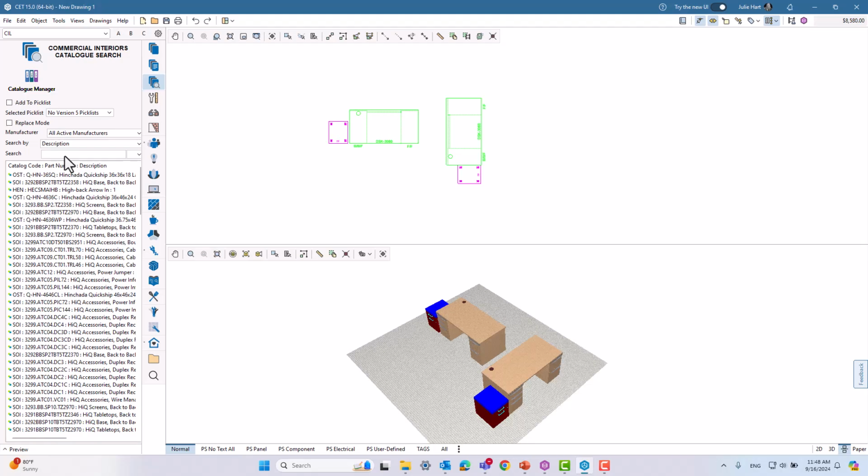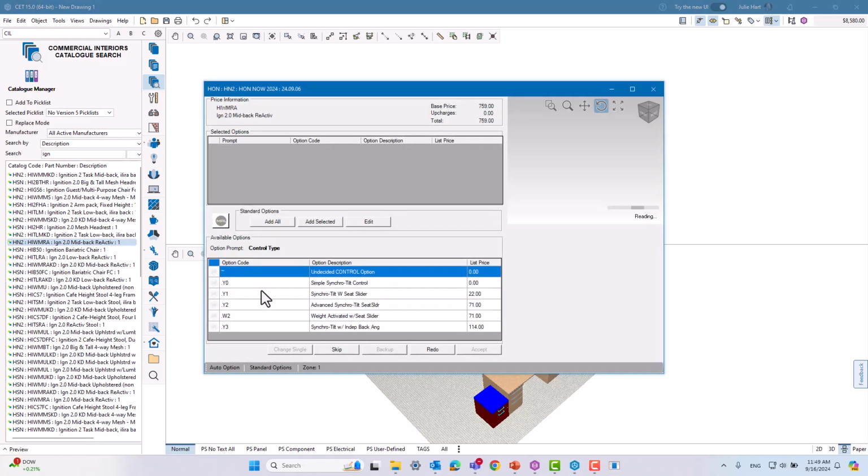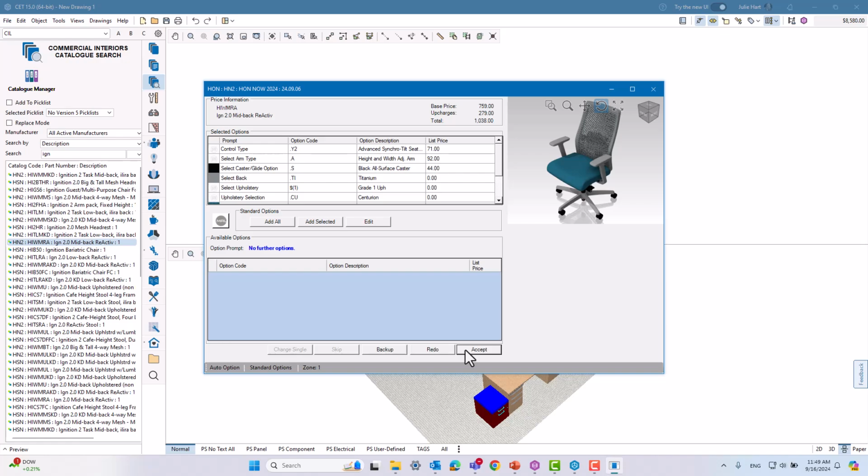When you search by description, you have to know exactly how the manufacturer has given you that description. You're going to want to avoid general descriptions, or you may not be able to find the part that you are looking for. Again, you can double click here to open the part specifier, select options, click accept, and then you'll be